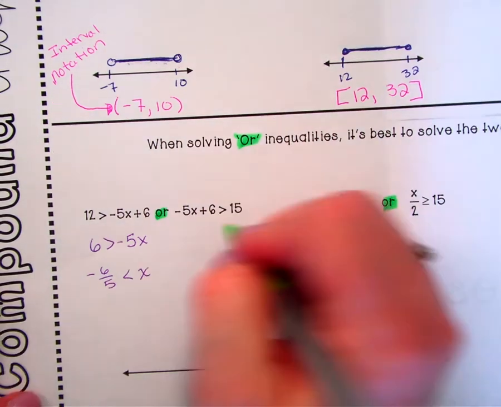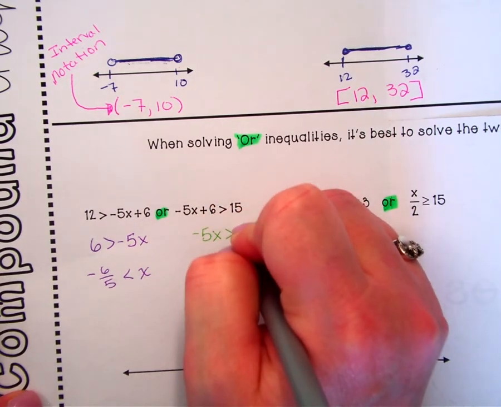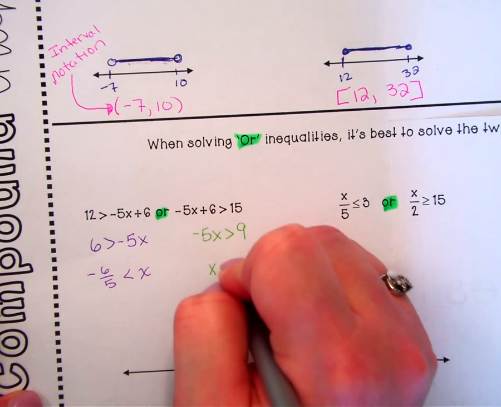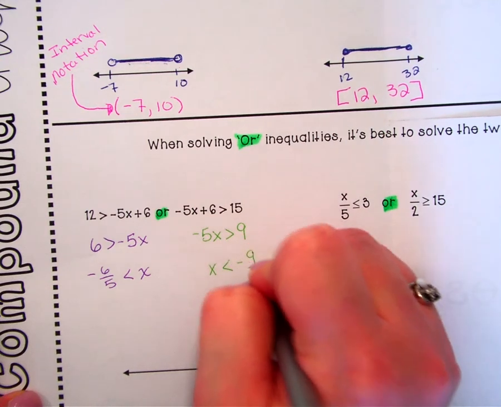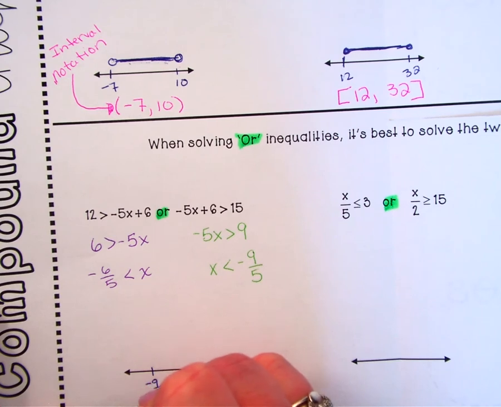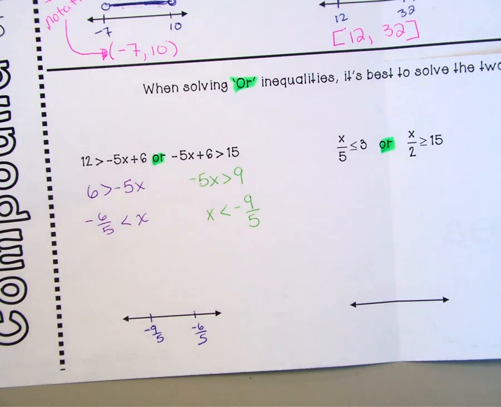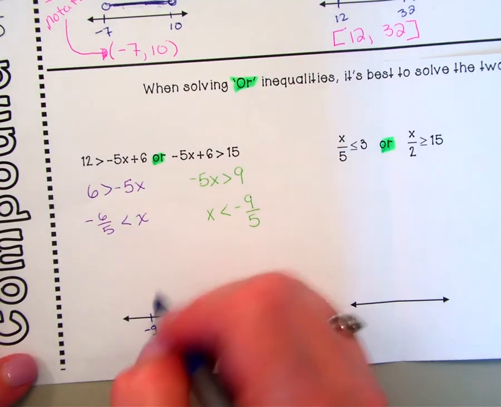So over here again, subtract my 6, and then it's going to give me a 9, and that's going to give me x is less than -9/5. So my number line, I'm still going to do -9/5 and -6/5. All right. Both of them are going to be open circle,